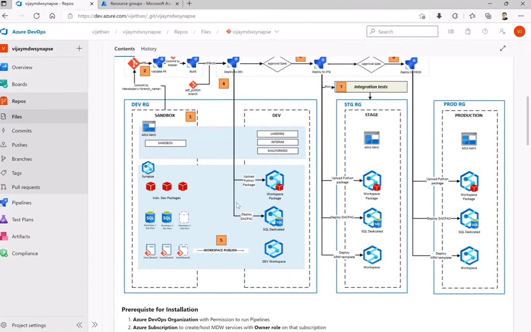For us to replicate this across, we need to build that particular environment, and for that we require a base structure. That base structure from modern data warehouse is given by landing, interim, and malform. This is nothing but your Azure data layer. Landing stands for raw data, that means whatever is coming from the sensors. That is exactly the same being fetched here, provided as a copy.